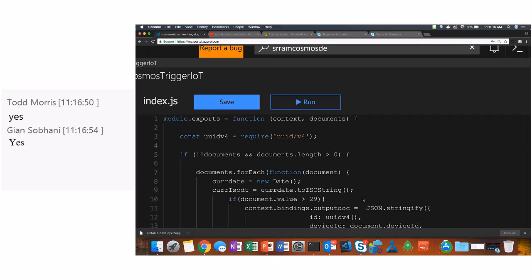Yes. Okay, awesome. So what this code does is, as you know, we can write a C# function or a Node.js function. In this case, I chose to use Node.js. Every function has to be exported. It takes the context as an input, and in this case, it takes documents as an input. How does it know documents as an input? It knows documents as an input because Cosmos DB